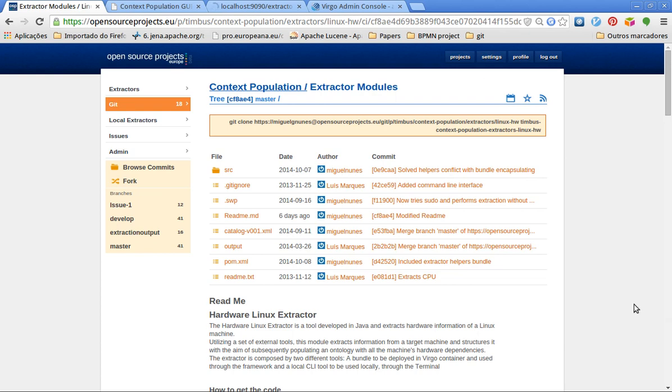So this is a tutorial for building, installing, deploying and using a typical extractor within the context population framework. In order to better understand this video, I recommend watching the tutorials for installing the Virgo container, installing the Extractors API and the Context Model API, and also the video for installing the context population GUI, because that's what we are going to use to give an example of an extractor using this module that we're going to